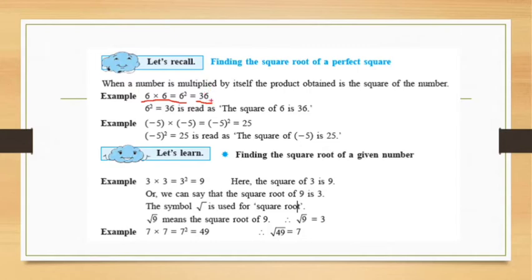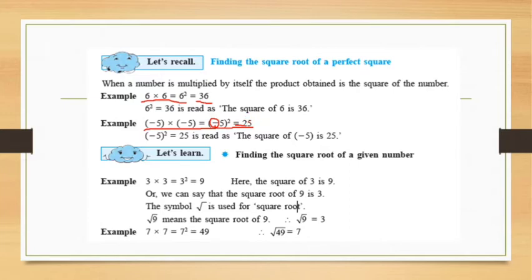This is the positive case. What will be the negative case? Minus 5 multiplied by minus 5, the square of minus 5, will obviously be 25. Do you think that if there is a minus here, the answer will be minus? No. If it is asked to find the square of a negative number, the answer will always be positive, because minus is multiplied by minus, which gives a positive number.